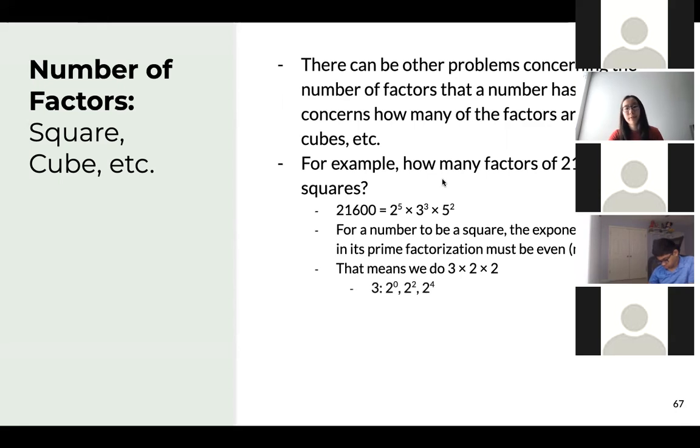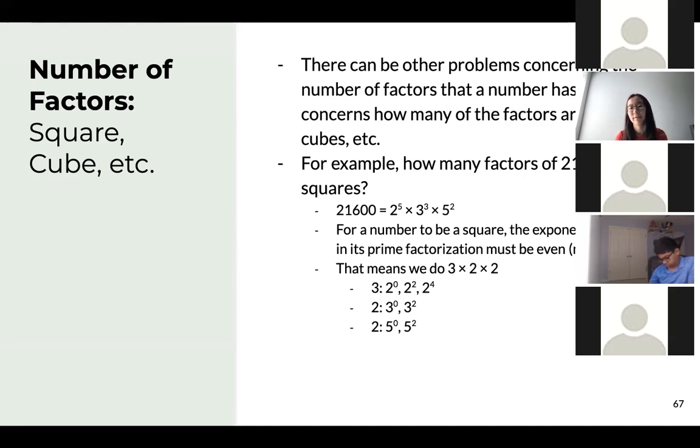And so basically we're going to look for those exponents. We're going to find how many of them can be even. So 2 to the 0th, 2 squared, and 2 to the 4th power, those are three options that are going to be even. And then 3 to the 0th and 3 to the 2nd are two options that are going to be even. 5 to the 0th and 5 to the 2nd are two options that are going to be even from the